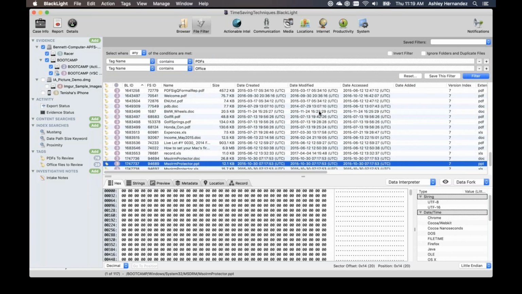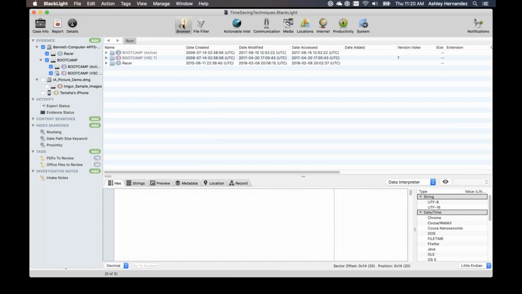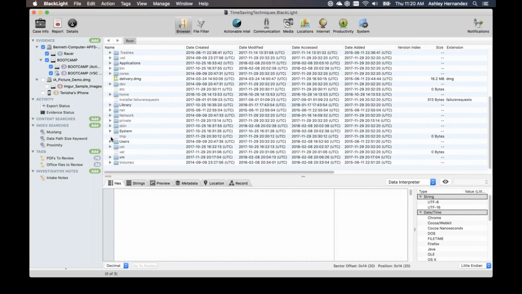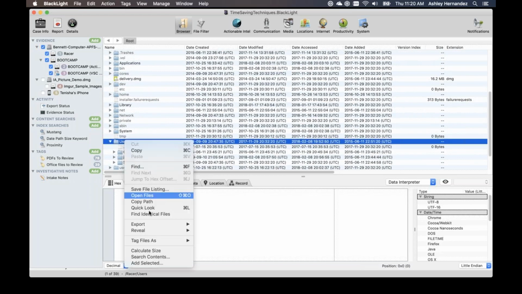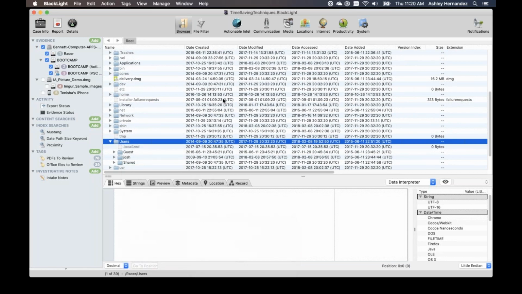So if you export from the filtered view, even though you haven't chosen to export the whole folder structure, you can go ahead and still preserve it, because that's going to automatically preserve the folder structure when we export LEFs. We're going to assume that you always want that. That would be the same as if we moved over onto the browser view and maybe you just wanted to export the users directory. You could go down to the users directory and again choose to export the following files as a logical evidence file, and then just bring those in as you would any other logical evidence file that you've worked with.